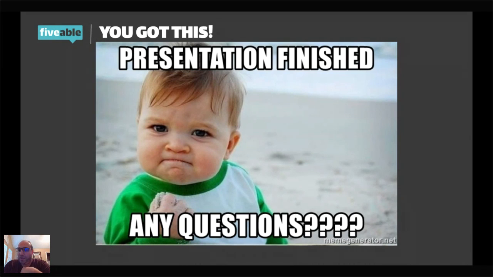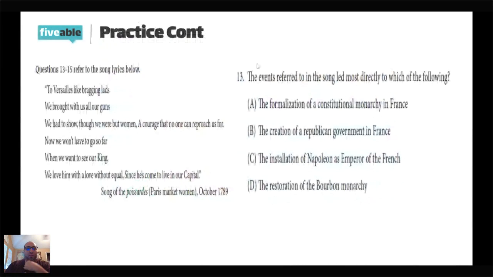How do you pick between 2 answer choices that seem equally correct? All right, good question. Let's go back to this one right here. We're using this as our example because it's what we've got. So A and B, 2 questions, they both do seem correct because guess what? They both are. The French Revolution did eventually lead to a Republican government in France, but the French Revolution also did lead to a constitutional monarchy in France. So how do we choose what's the right answer?